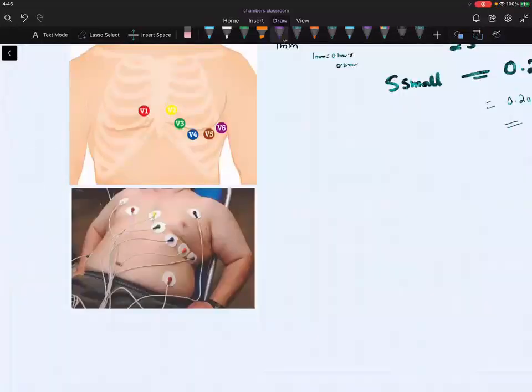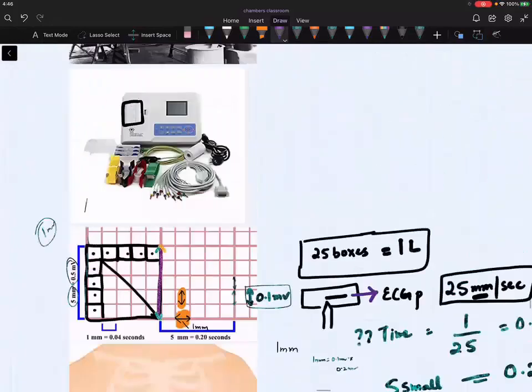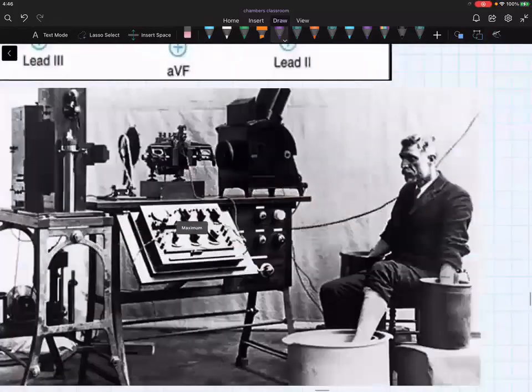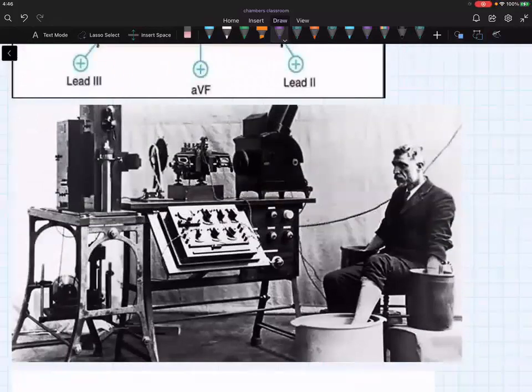See, when he was Einthoven, I showed you this diagram last time. If you see this diagram, he was using all of his body parts pretty much in the recording of the ECG. Since electrodes were not available at that time, I'm making ECG a simple thing, because after reading so many books, I feel that you should remember it in this way. Otherwise you will get confused and won't be able to understand. It will be a difficult task for you. So please listen to it in a story form.